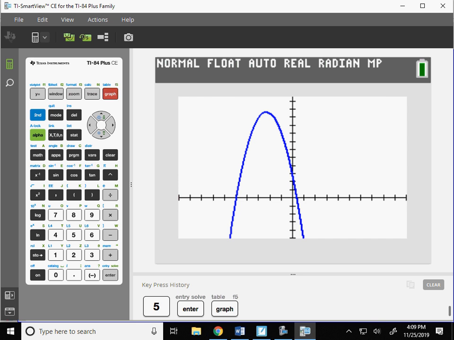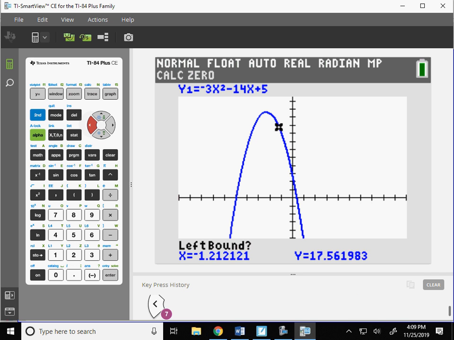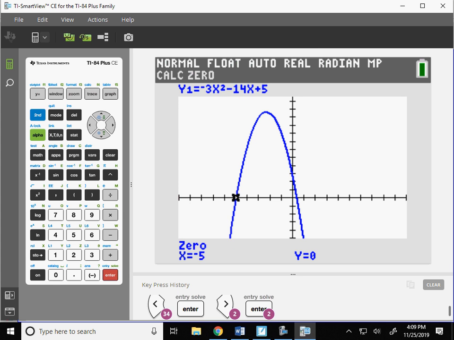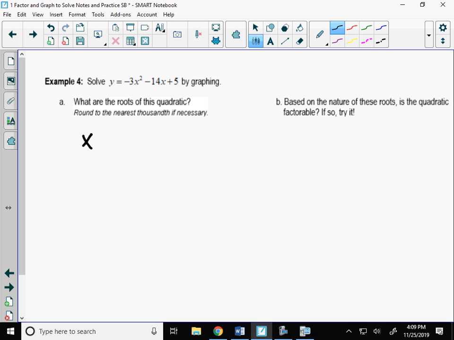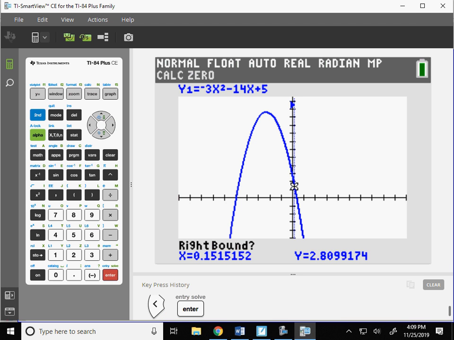So let's trace. Second trace. Number 2. So I'll go to this left one over here. So this time with this parabola being upside down, the left bound is a little under the axis. I go above the axis, hit enter, and then enter a third time. So one root's at negative 5. Okay, so I have one root at negative 5. And let's trace the other guy here. So this time my left bound for this root is going to be a little bit above the axis. So here's on the left, hit enter. I go a little bit below the axis, hit enter, and then a third time. So 0.3 repeating, that is 1/3